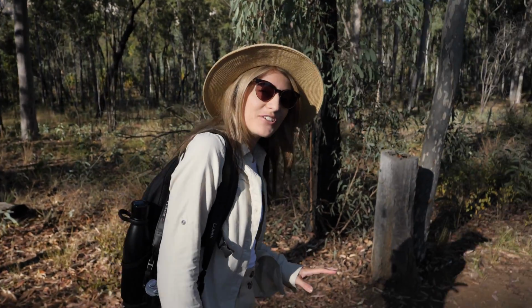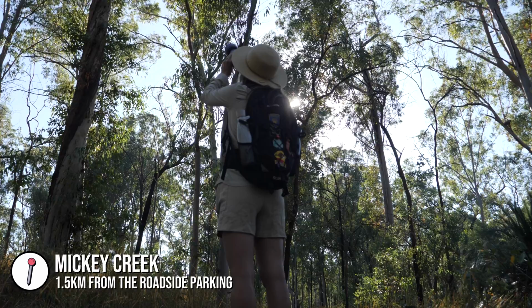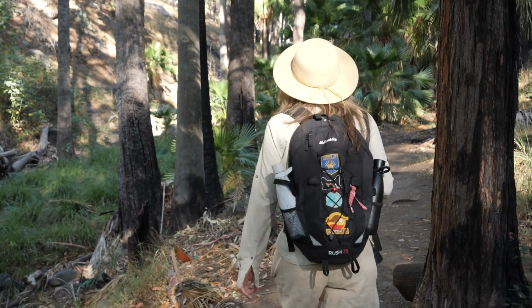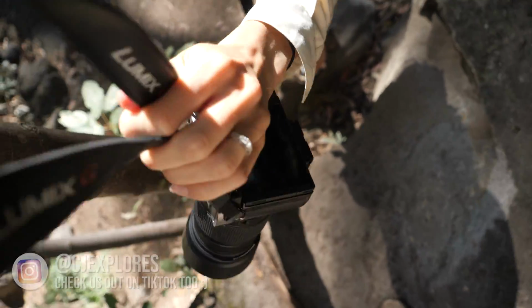Day 2 at Carnarvon Gorge, and the first place we're going to is Mickey Creek. So we've been told that Mickey Creek is one of the more picturesque. I mean, this place is all pretty incredible, but this is the place where a lot of people come to take photos. So we are on the lookout, we have our eyes peeled, looking for those photo opportunities, and we've